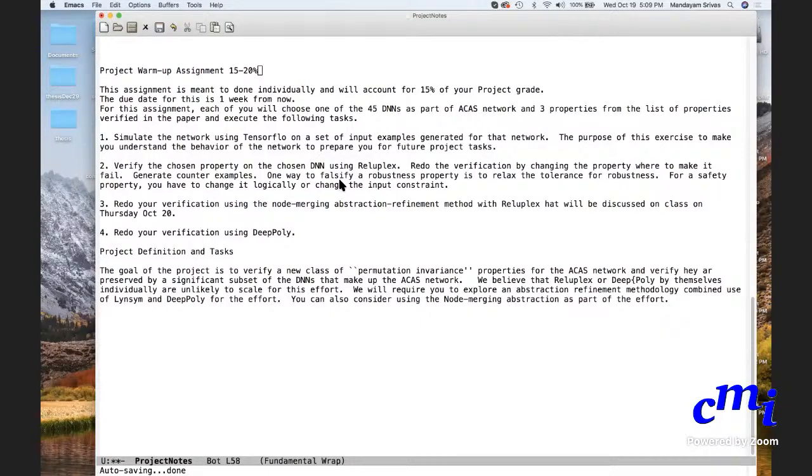And then it has a whole list of properties. Some of them are safety properties and some of them are robustness properties. Some probably make sense for only some of the scenarios, and maybe there are some properties that make sense for all the scenarios.